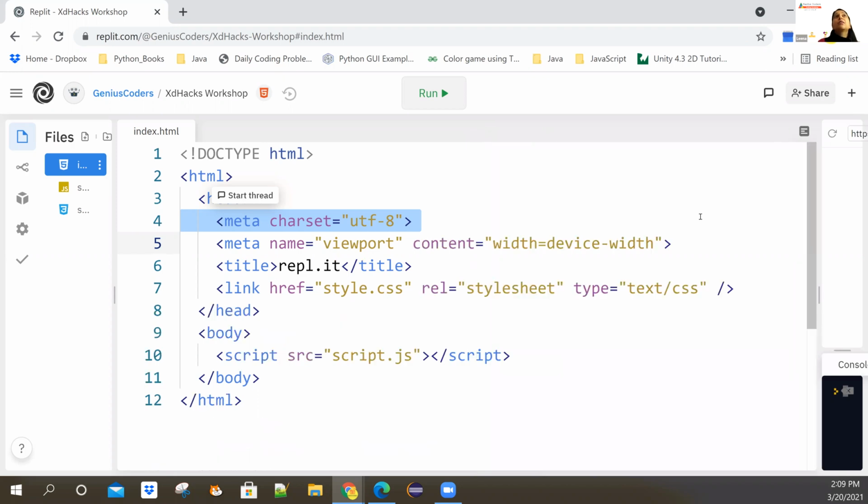All right. As you can see, the structure is already built over here. The very first thing is the doc type. Then there is an HTML tag on line number 2 with a closing tag on line number 12. And then we have a head section. It has already been filled with the metadata, which is where you put the information so